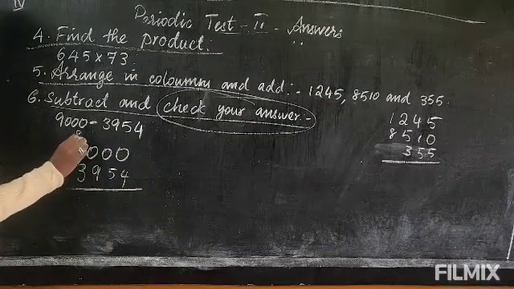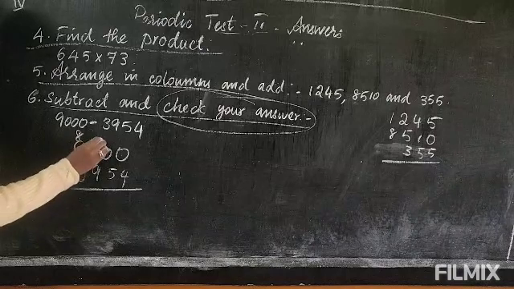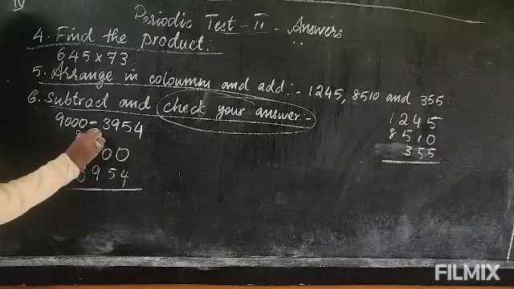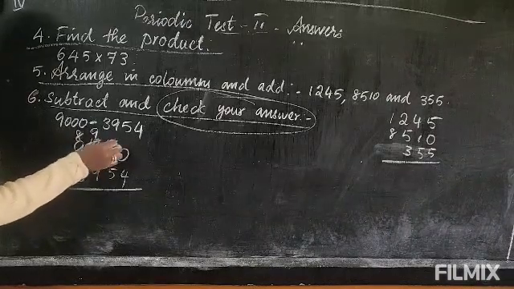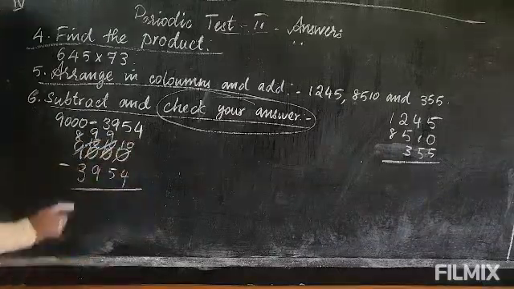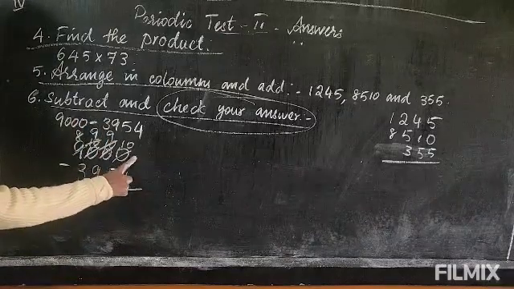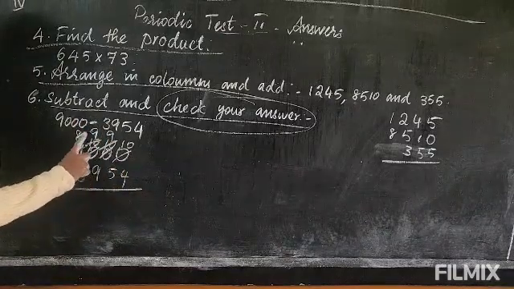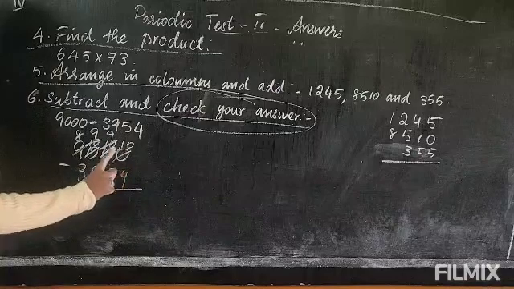So from 9 if you borrow 1, it becomes 8, and here you will get 10 now. From 10 you will give 1 here. So this will be 9 and here it will be 10. From 10 you will give 1, this will be 9 now, and here you will get 10. So from 9 directly you cannot get it here. You can give to the next digit, again from there you will give to the next digit, then you will give to the next digit.